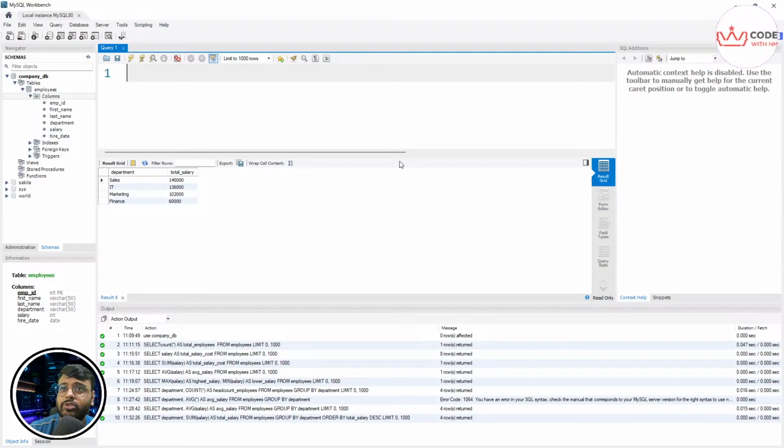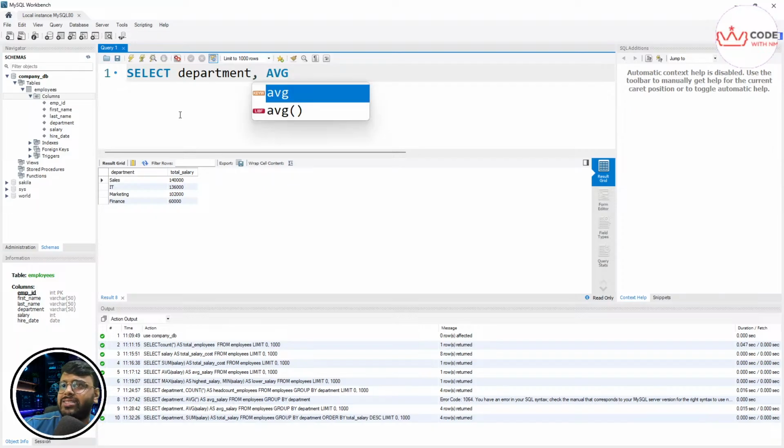We need to understand they're asking about sales only in the question. So simply we need to select the department and then they want the employees' data, which is nothing but their salary, and they are only interested in the sales department, so they are saying with group by. Okay, so let's start with that. First thing first, let's select department because we are working with only sales department, and then they are asking us with the salary, average salary,